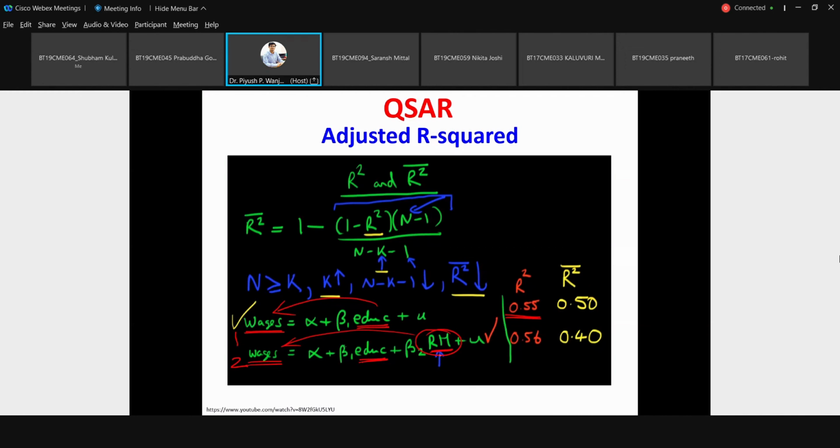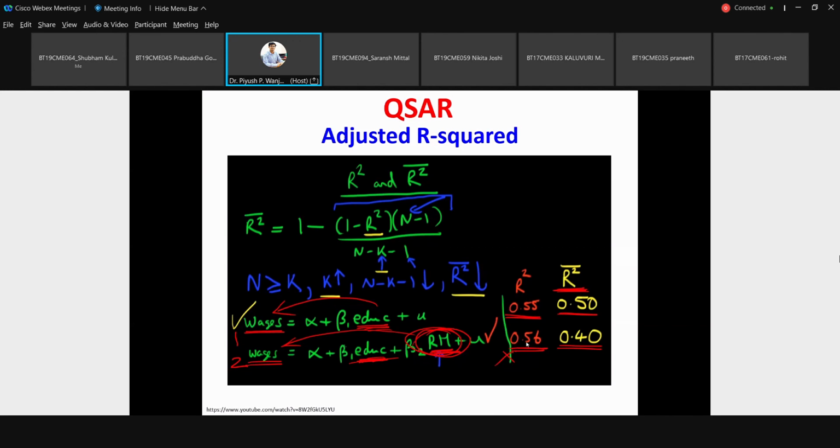If proportionally more descriptors, more variables, come into the picture, you can see from this to this the R square value increases, which should not happen. The quality should not be increasing by adding useless factors. For that, the adjusted R square value is there. Here the adjusted R square value is 0.50, whereas when you are adding some unnecessary factors, your adjusted R square value is decreasing. It is not always the case that adding extra factors will always decrease it. If you add a useful factor, the adjusted R square value can even go beyond this particular value.